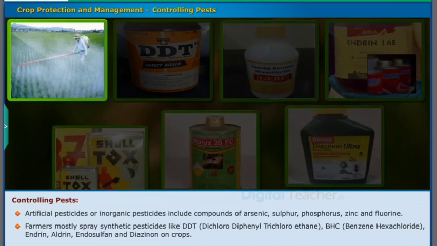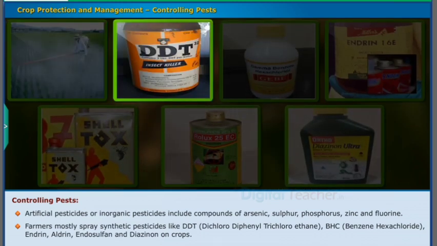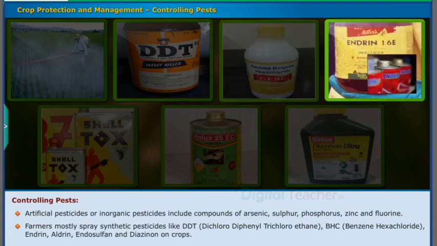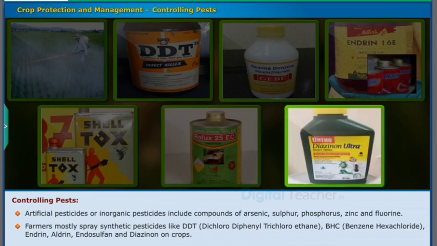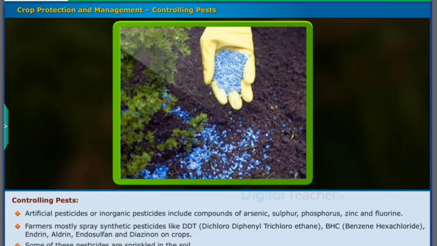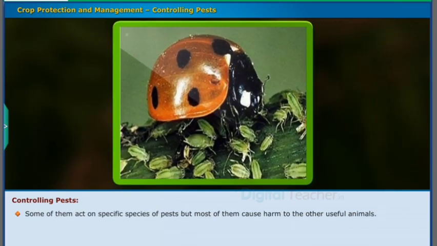Farmers mostly spray synthetic pesticides like DDT, dichloro diphenyl trichloroethane, BHC, benzene hexachloride, endrin, aldrin, endosulfan, and diazinon on crops. Some of these pesticides are sprinkled in the soil. Some of them act on specific species of pests, but most of them cause harm to the other